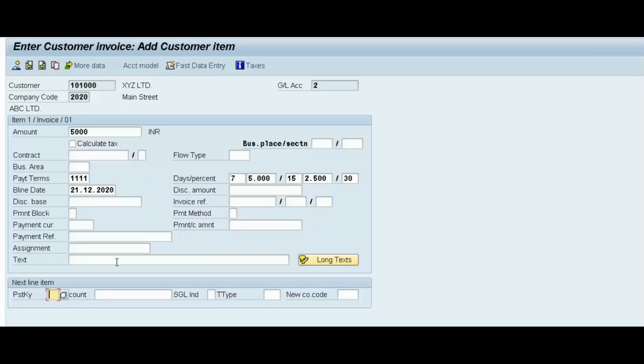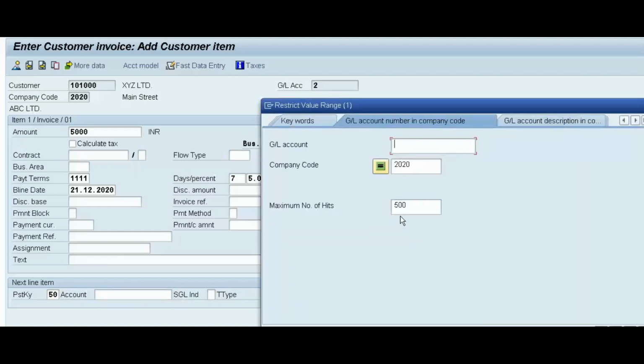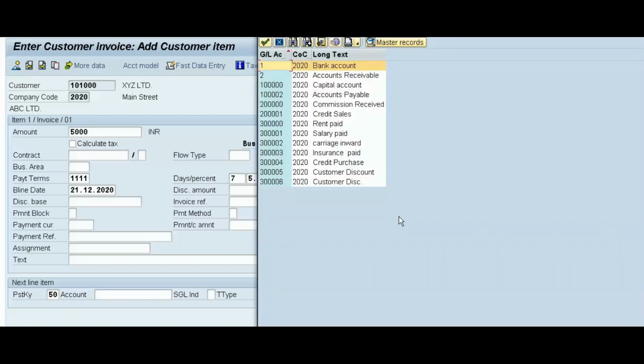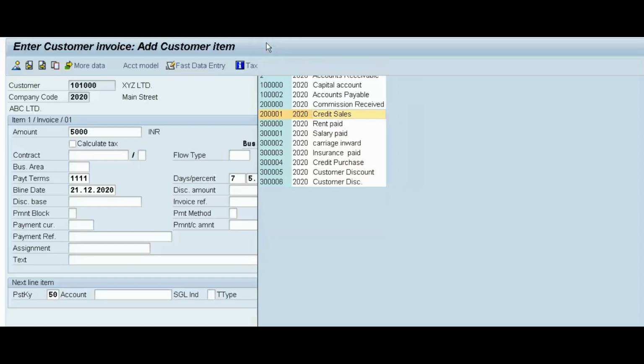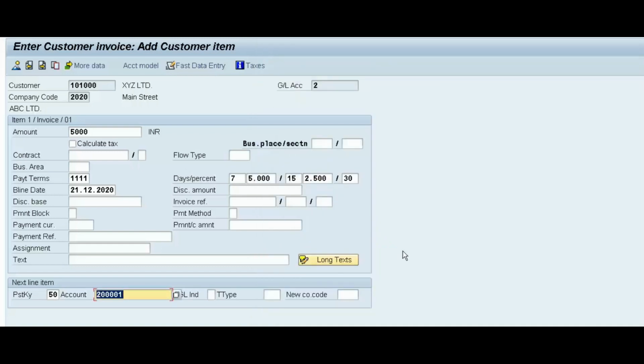Now our posting key will be 50 and account will be credit sales. This is our credit sales account. Enter.